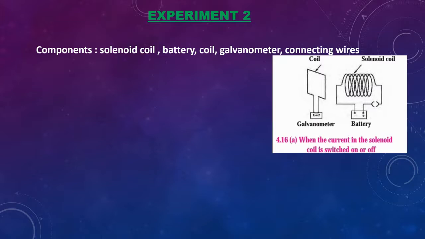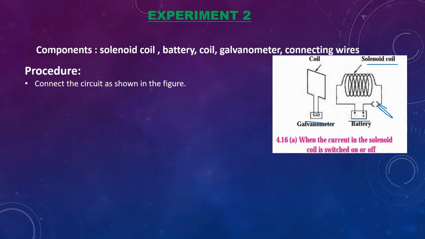Okay, so this which I have marked in blue color is the key, and this is the battery, this is the solenoid coil. The two ends of the battery are connected to two ends of the solenoid coil via a key, and just adjacent to it there is a coil placed, and these two ends of the coil are connected to two ends of a galvanometer. Okay, and these two things are placed close to each other.